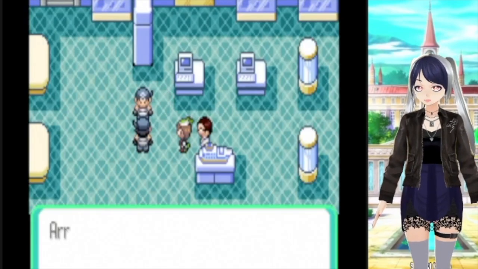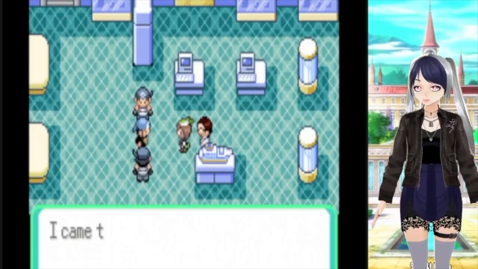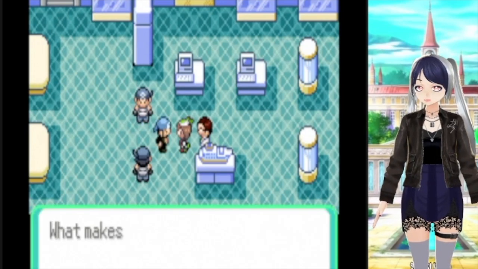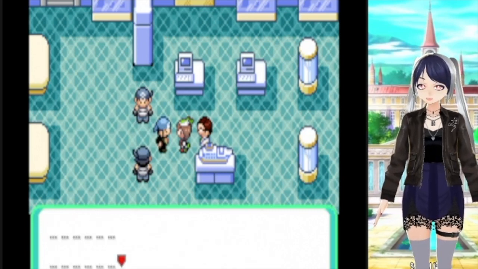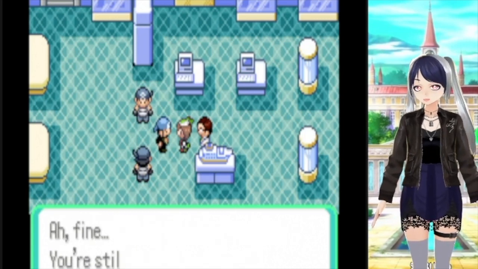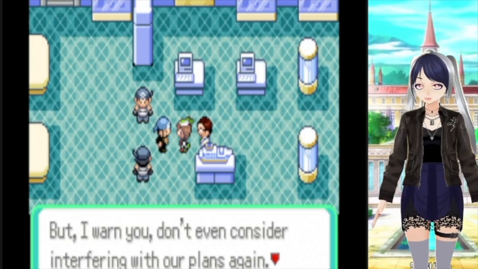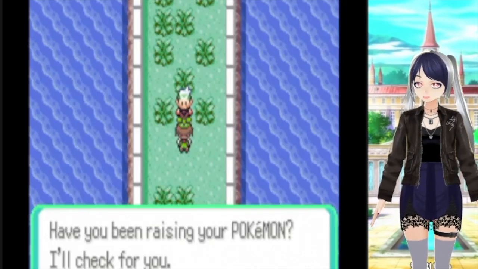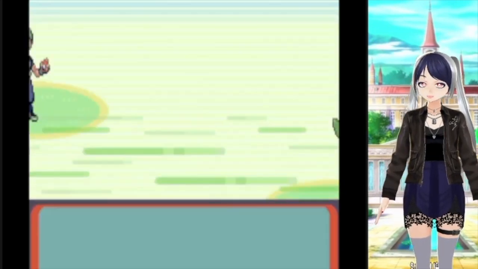Then, the Team Aqua leader, some dude named Archie, shows up to see what's taking them so long and asks us if we're part of Team Magma, which of course we're not, and then he proceeds to exposition dump a bunch of information that we don't need to know or have any reason to care about. And then he threatens us with vague consequences. But anyway,